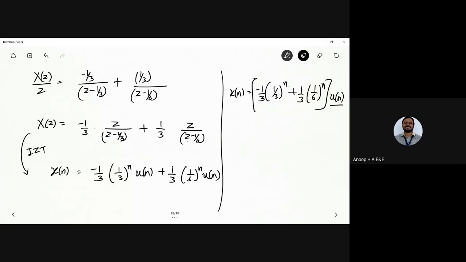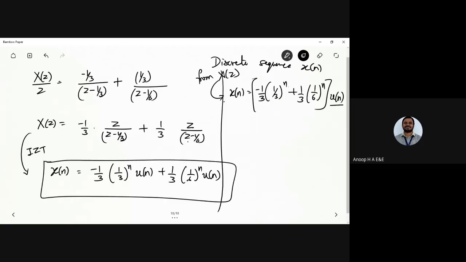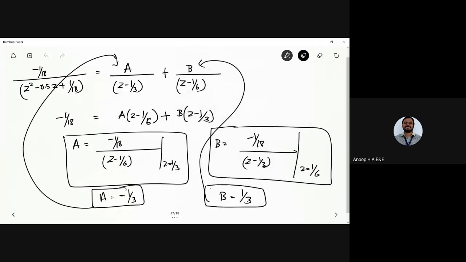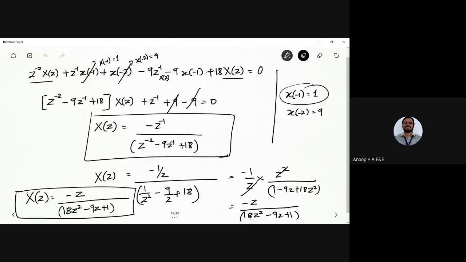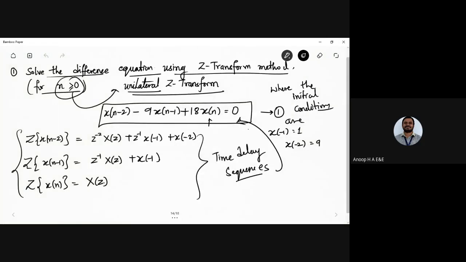Okay, so this is how you can obtain the discrete sequence x of n from X of z. So this is how you can write the given expression, and from X of z you can resolve it into partial fractions. Before getting the partial fractions you need to take the initial conditions into picture there. I'll write it as IC for initial conditions, and you have to substitute it, and this is a delayed sequence which is mentioned in the difference equation.